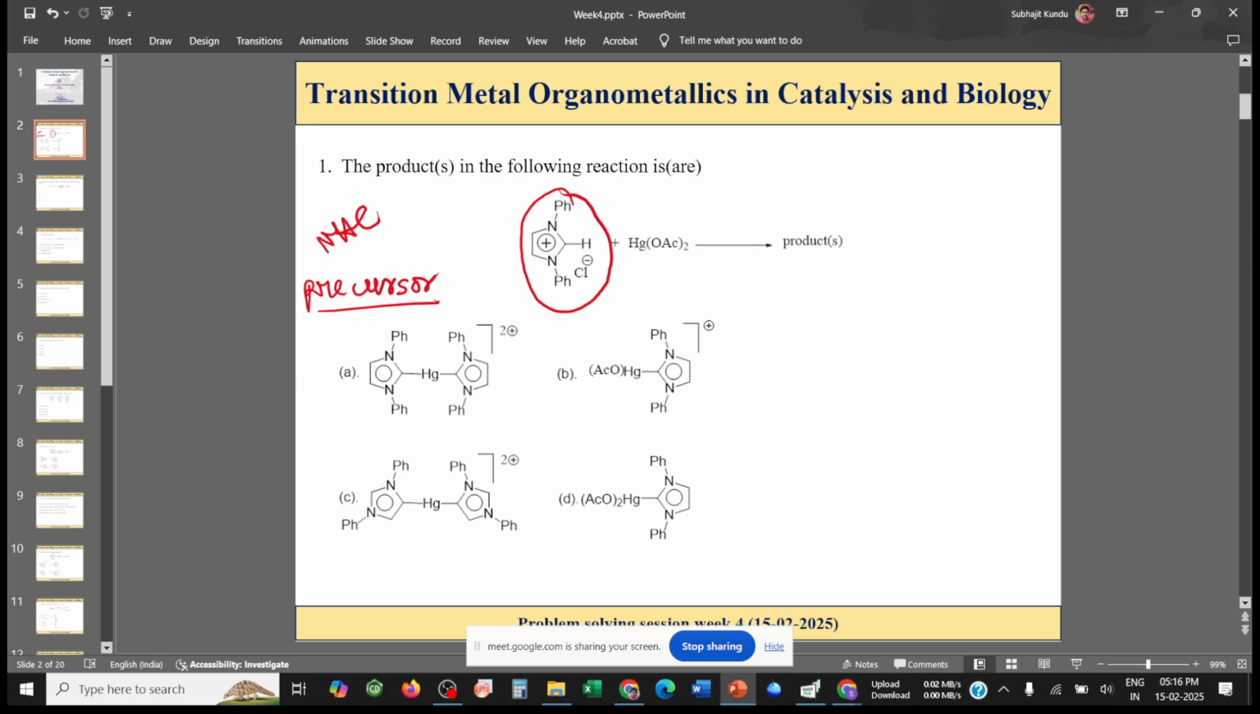Because any precursor means that it is one step behind the original product. So NHC precursor means this is one step behind the NHC. Here you can see there is an acidic hydrogen. Because of the presence of two nitrogen atoms, this proton or hydrogen is highly acidic in nature. As soon as it gets a base, it will be taken off, and then